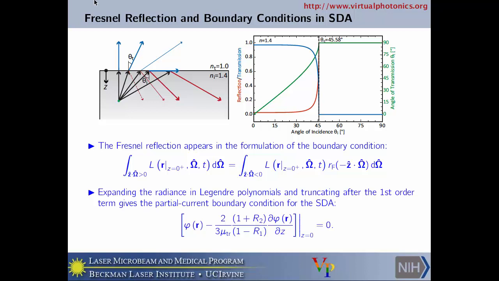That light can only come from light that initially was traveling upwards. Okay? So z dot omega less than 0, that's all light traveling upwards that tried to escape but got internally reflected. And that's what this Fresnel reflectance is here. So that would be a way of doing that balance, but not on an angle by angle basis, but on a hemispherical balance. And if you then put in our approximations for L, and then you can take the first and second moments of the Fresnel reflectance coefficients, which are R1 and R2, you come up with this boundary condition